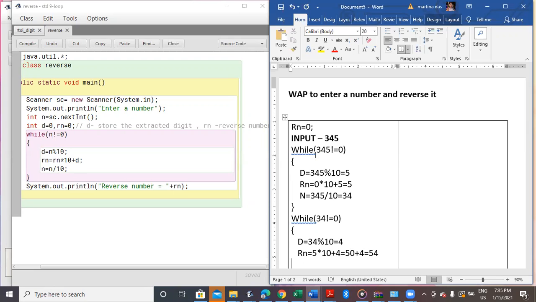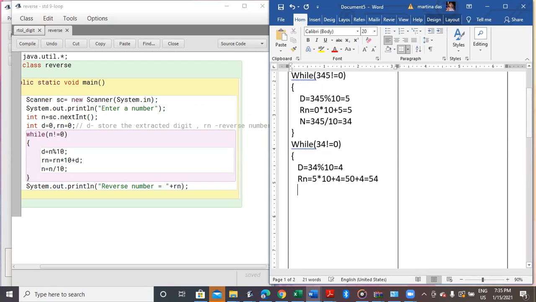Now I go for my next part, that is the third line. Now the remaining number will be 34 divided by 10, which will give me the quotient to be 3. Now you can see we go for the third loop, that is for the third digit. So while, because the condition is still n not equal to 0, 3 also not equal to 0. So we go for the first line of the loop body, that happens to be d equals 3 modulus 10.